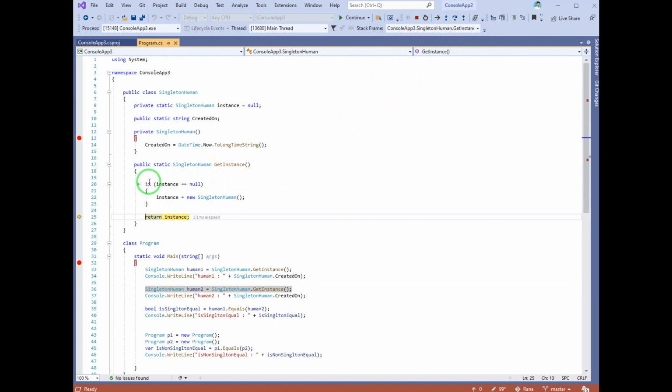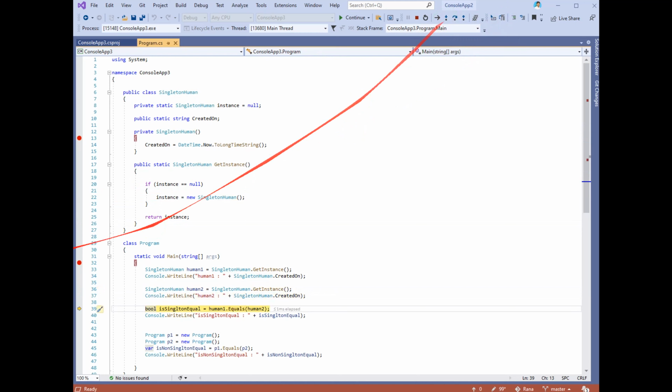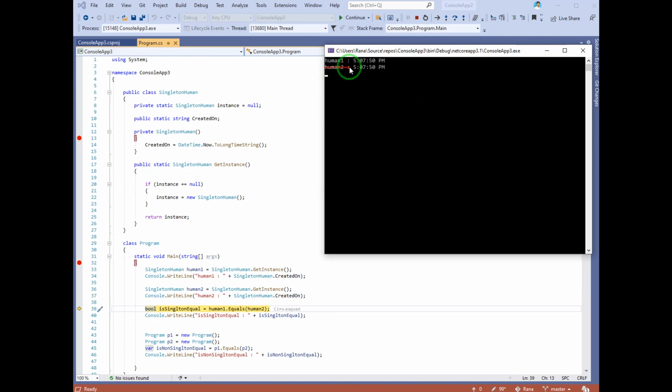From line number 20, it will directly jump to line number 25. It will not execute lines 21 to 23. And this is returning the existing instance. So if you see here, this is human2 and the CreatedOn is still the same timestamp.